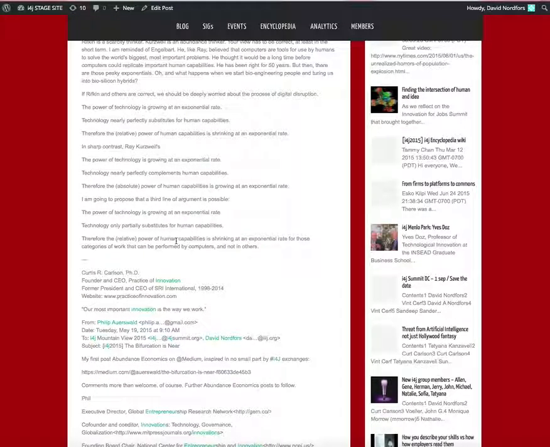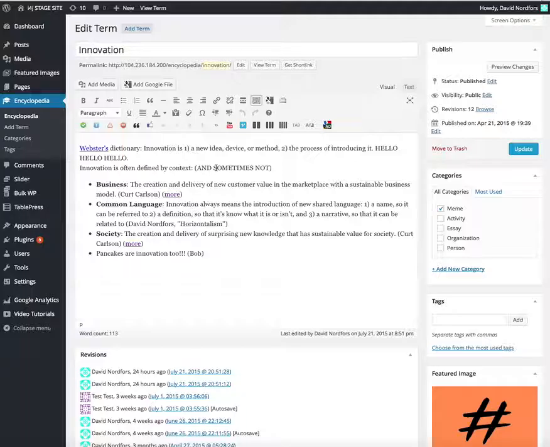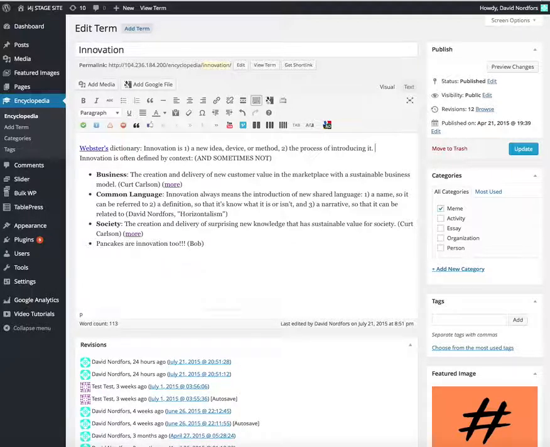We can see innovation is in the encyclopedia. So we go there and look at innovation. Maybe I think that this is a silly definition. I don't think it should say hello, hello, hello, and sometimes not. Some joker has been here. So we edit it. We take away hello, hello, hello, and write something else there instead.